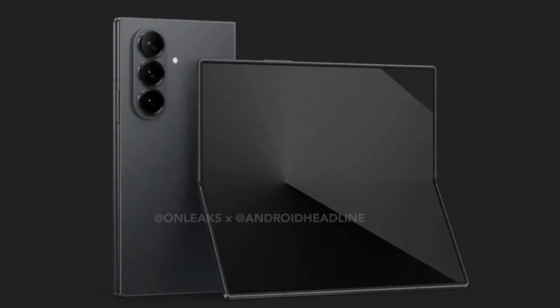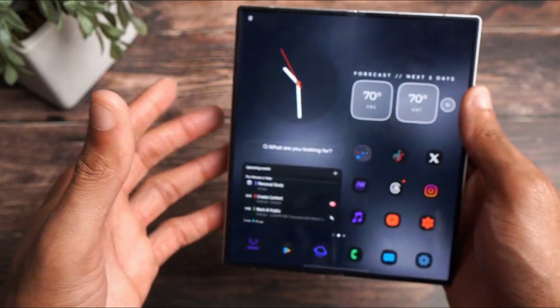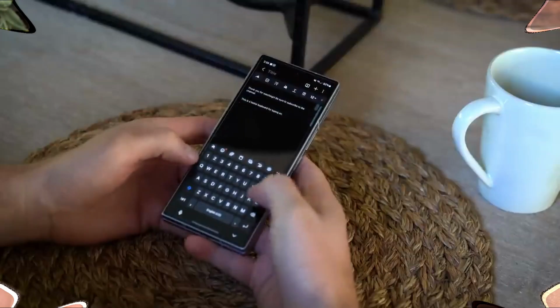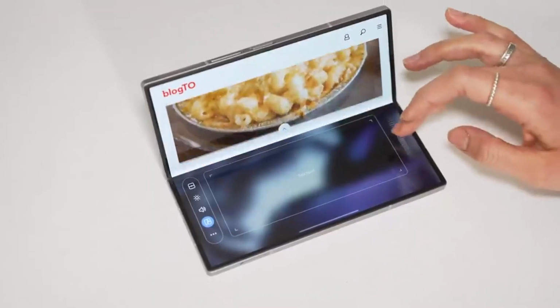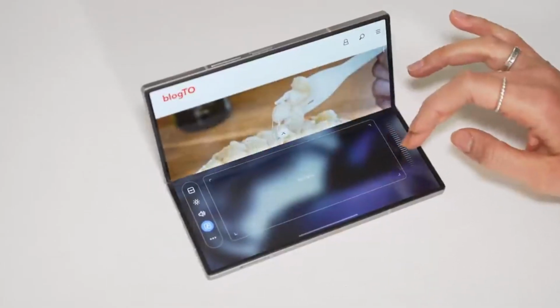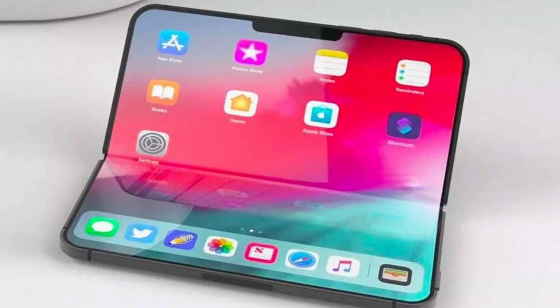Of course, with all these top features, the price could go even higher than last year. There's a chance the Fold 7 will cost more than $2,000 in the US. That's because some current import tax exemptions may be ending. If Samsung doesn't absorb the cost, buyers might feel it. Another thing to think about, foldable phones are still considered a niche product, but that could change in the next few years, especially if Apple enters the foldable phone